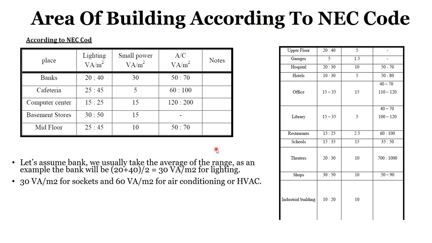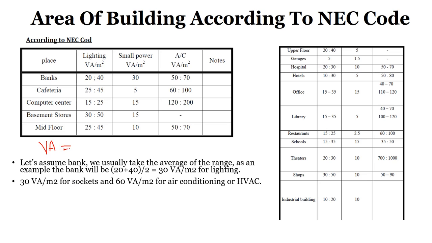Then we selected the volt ampere per meter square. Now, what is the next step? We need to convert the volt ampere per meter square into volt ampere. So we have to multiply this summation, 30 plus 30. Let's type this. So we have total volt ampere